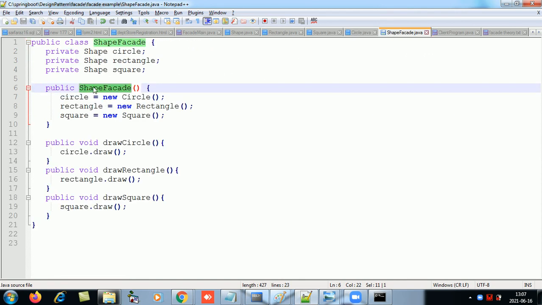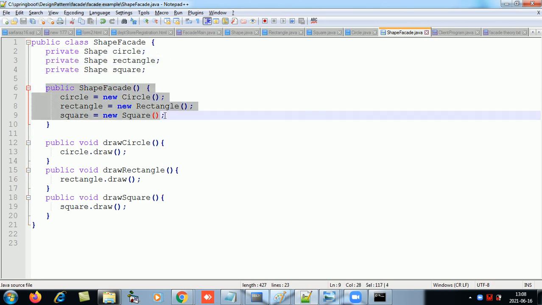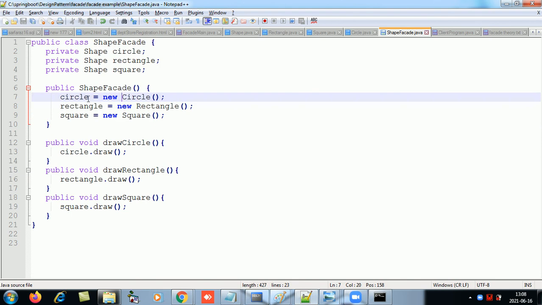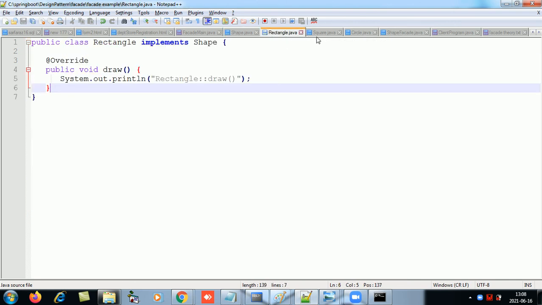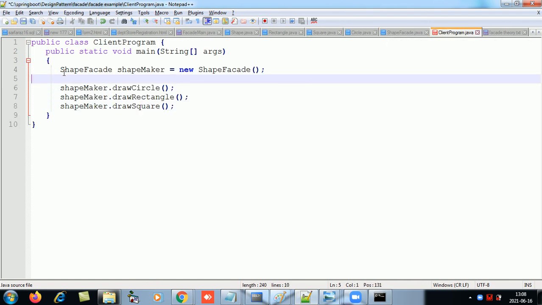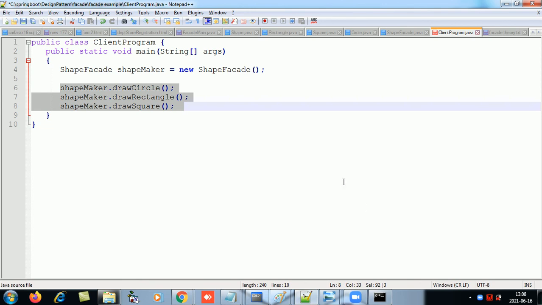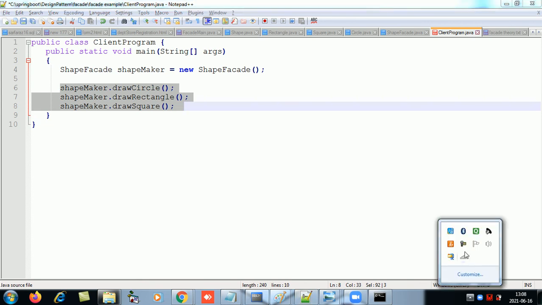Then to access the subsystem, you have the facade, which has the private references to the objects of the subsystem, and a public constructor which will create the objects, and then public methods to access each class in the subsystem, methods of each class in the subsystem. And the client program will just create an object of the facade, and the facade object will call all the methods in the subsystem. I hope this is clear.